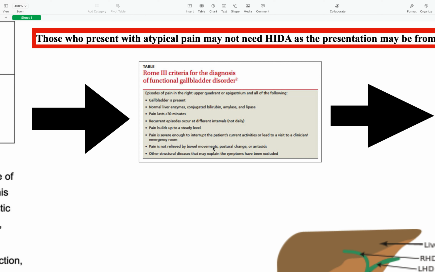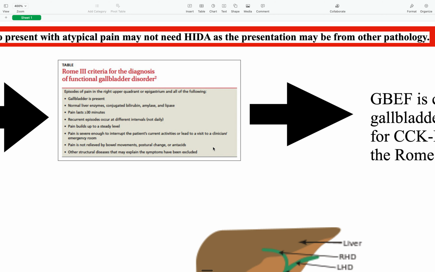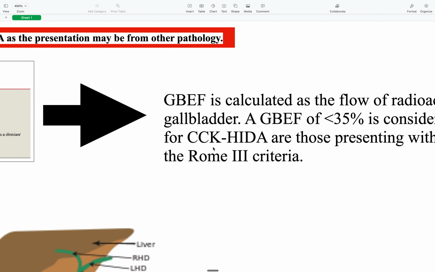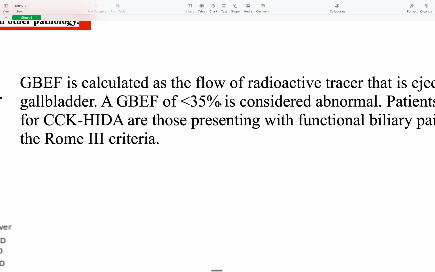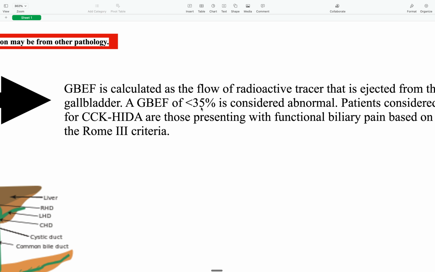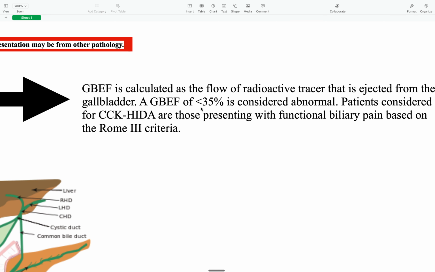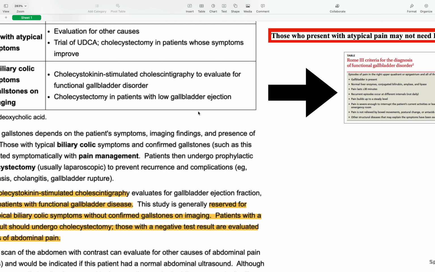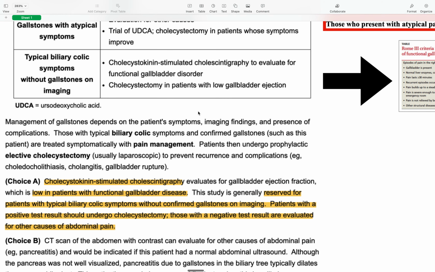So when you do a HIDA scan with CCK, you're basically measuring the ejection fraction. So if your ejection fraction of the gallbladder is less than 35, this is an indication for cholecystectomy. Like how this says, you do a cholecystectomy in patients with a low gallbladder ejection fraction, which is less than 35%. Okay, so